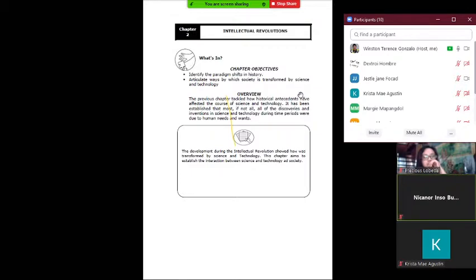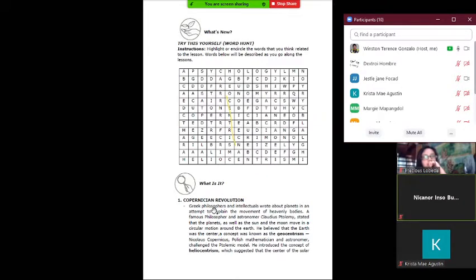these are just different revolutions that happened during those earlier times. These are actually the clashes of the different minds of scientific people, to the point that two people who are actually into science would not understand each other. So let's first talk about the Copernican Revolution. If you see here in the Copernican Revolution,